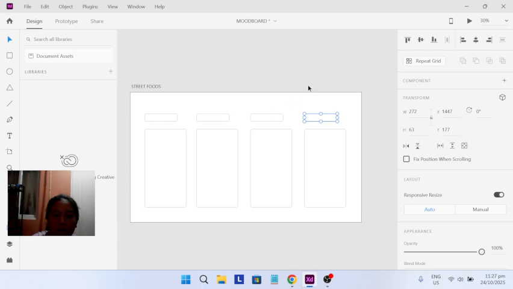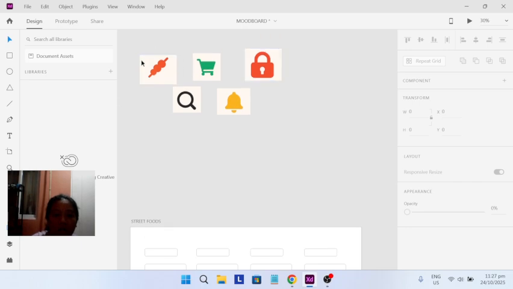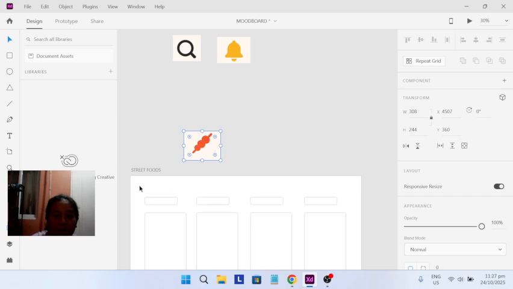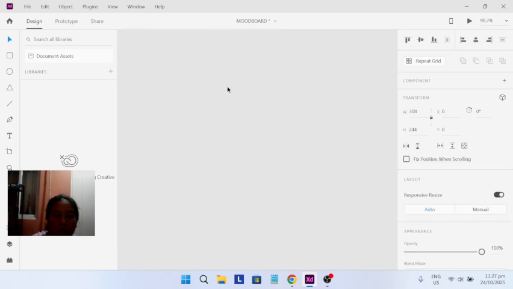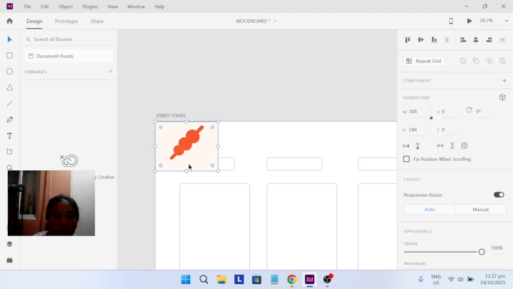I'm gonna adjust all of this first, and we will get this icon, then we will put it here to make it a symbol of her prototype, because this is a street food prototype.